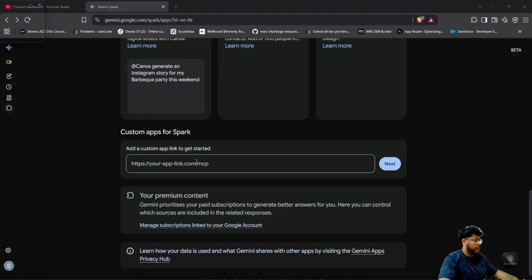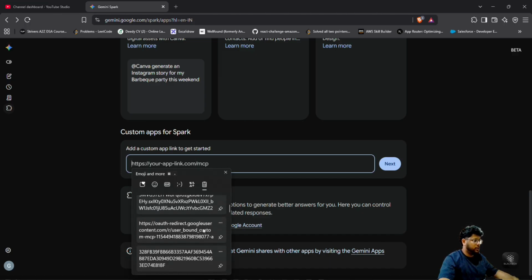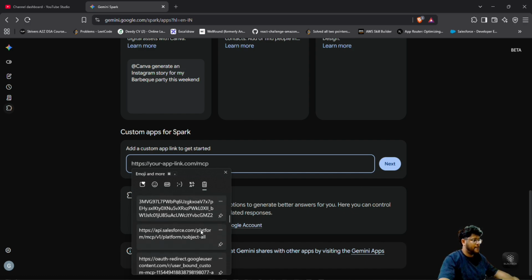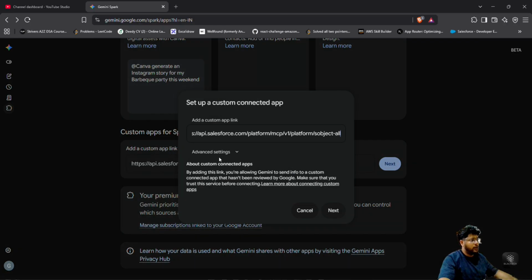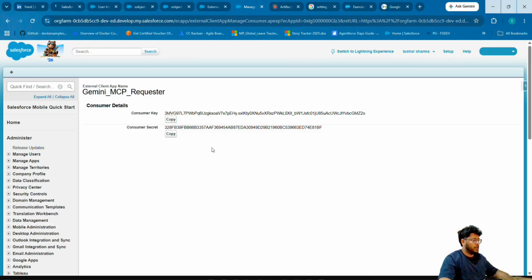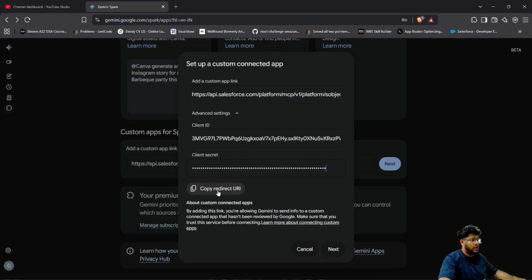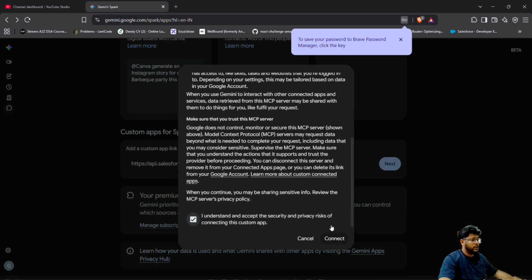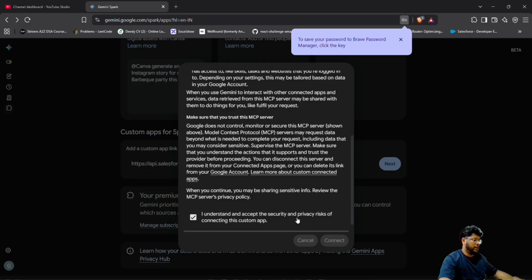So now we can authenticate it. Let's paste our MCP server URL, and in the advanced section, paste your consumer key and consumer secret, and paste this redirect URI in the external client app callback URI field. And if you click on next, and I understand the security and privacy risk,